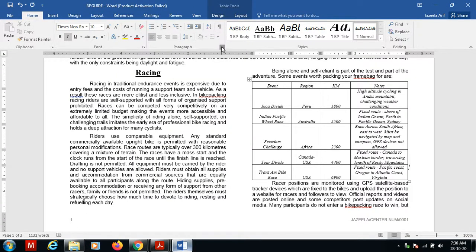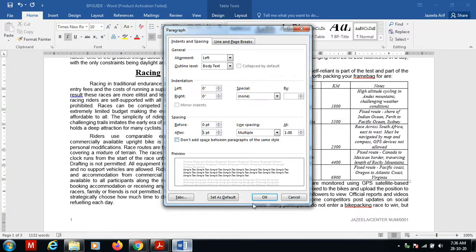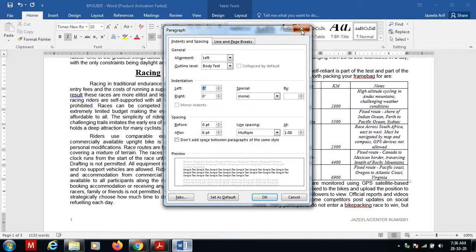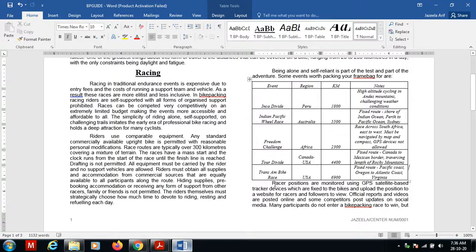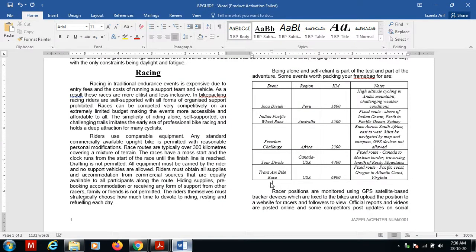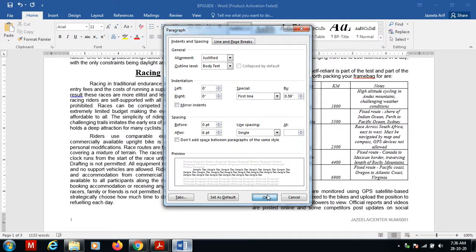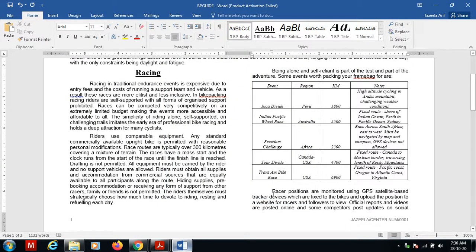First give a space here and then go to that particular space and then keep it 6-point. Okay. And now